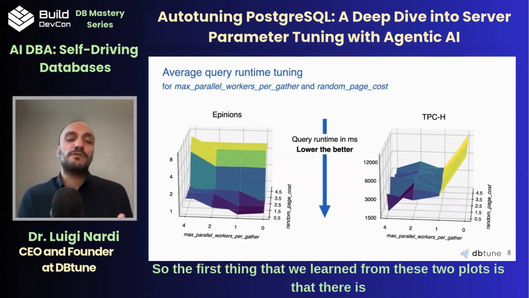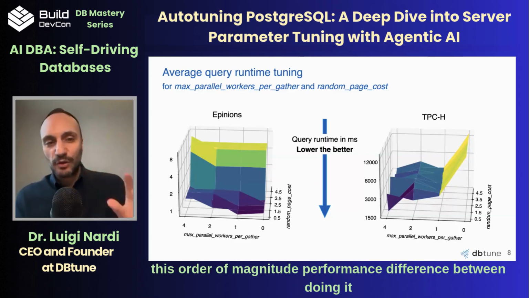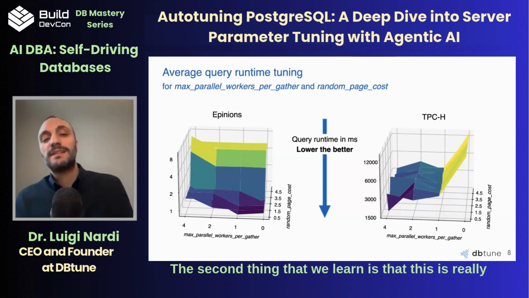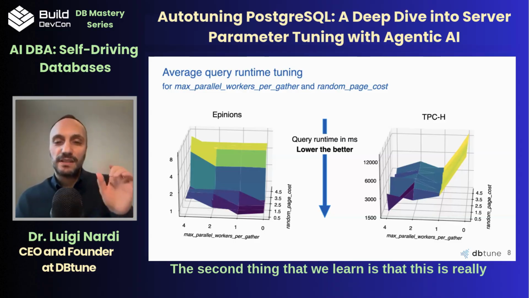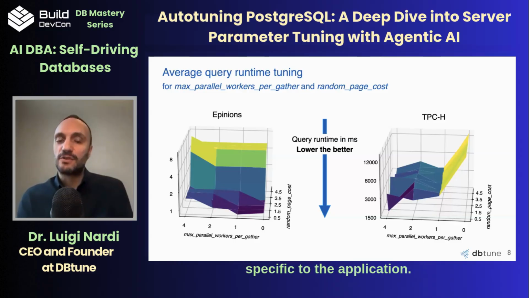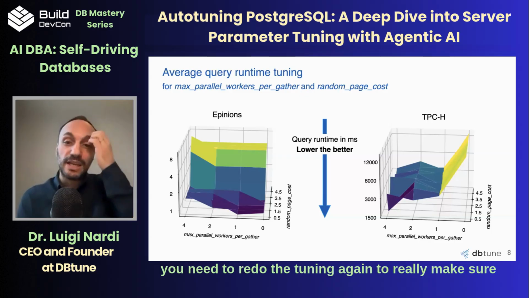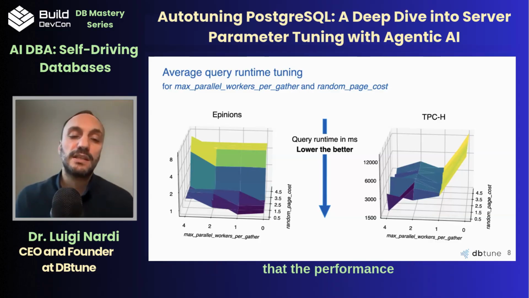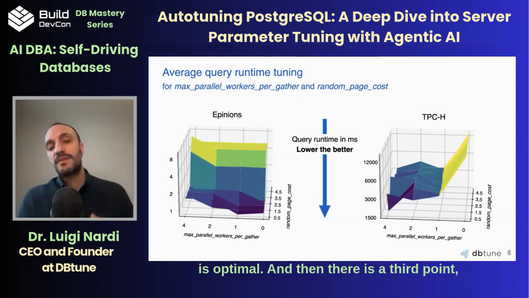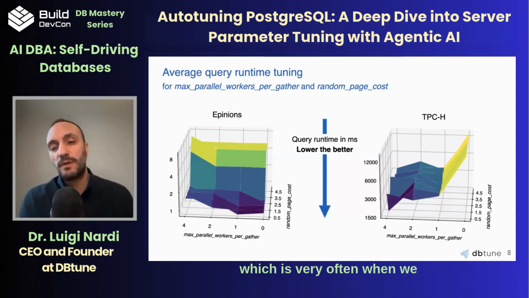So the first thing that we learned from these two plots is that there is this order of magnitude performance difference between doing it well and doing it poorly. The second thing that we learn is that this is really specific to the application. So if you go from one application to another application, you need to redo the tuning again to really make sure that the performance is optimal. And then there is a third point, which is very often when we think about database administrators,